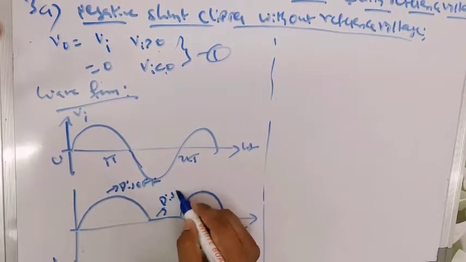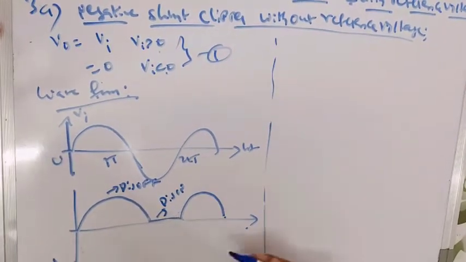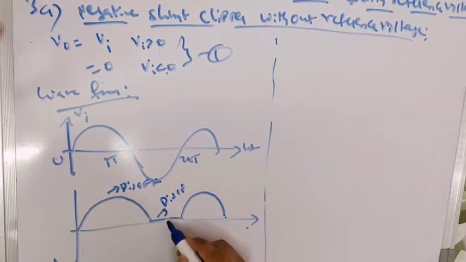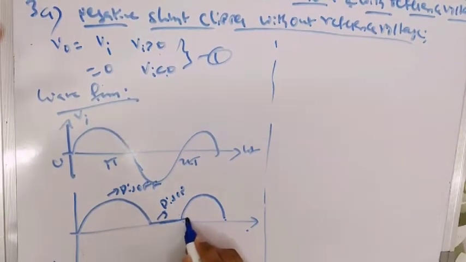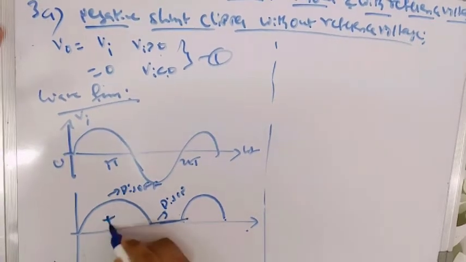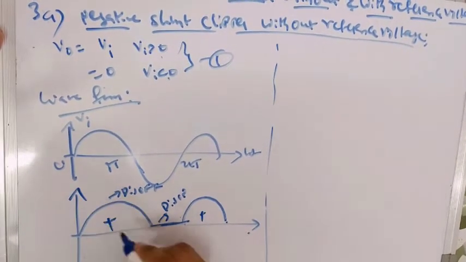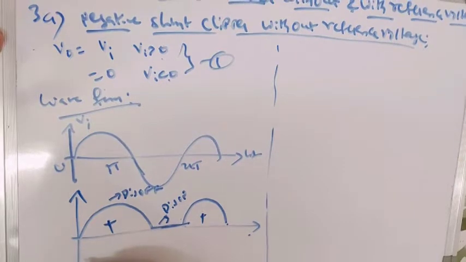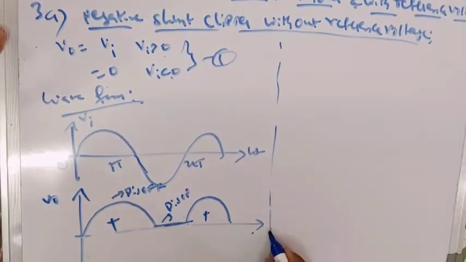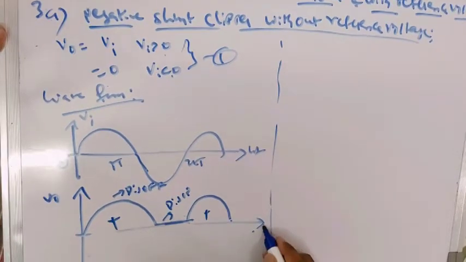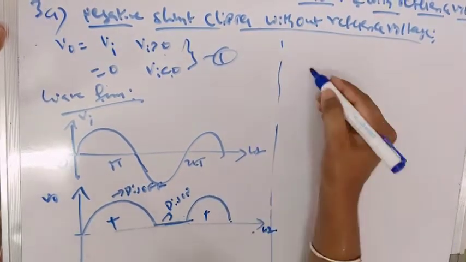During the negative cycle, the diode is on. Diode on means short circuited. We are taking the output across the diode, so it is short circuited and the output voltage will be equal to 0. This is called a negative shunt clipper. It allows only the positive portion and clips the rest. This is like a half wave rectifier. A rectifier can be designed with the help of a series clipper or shunt clipper, negative series clipper or shunt clipper. Now we'll see the transfer characteristics here.